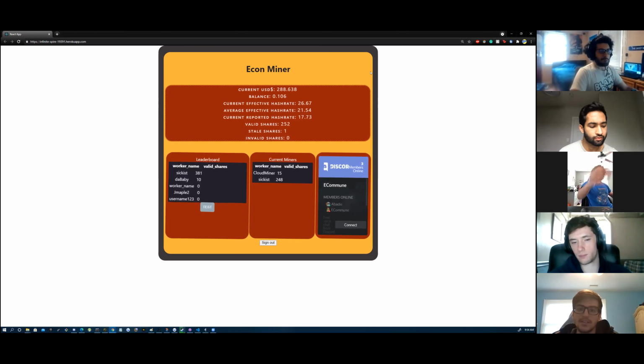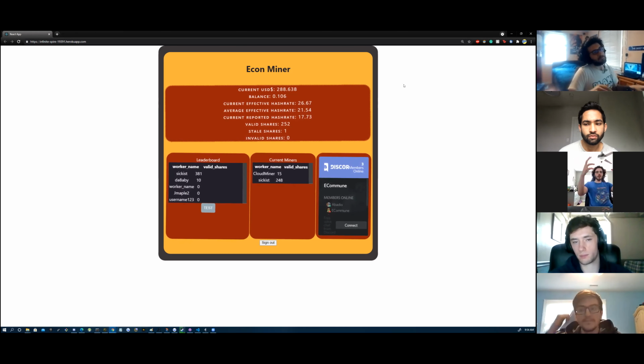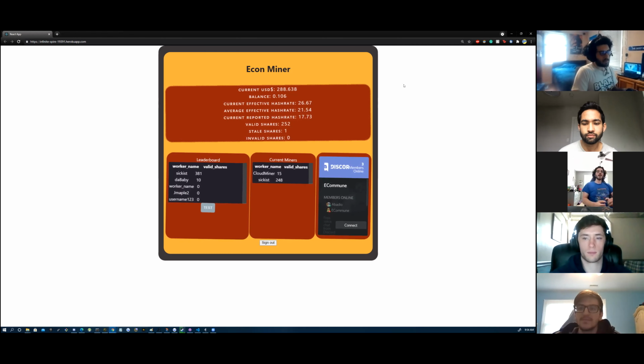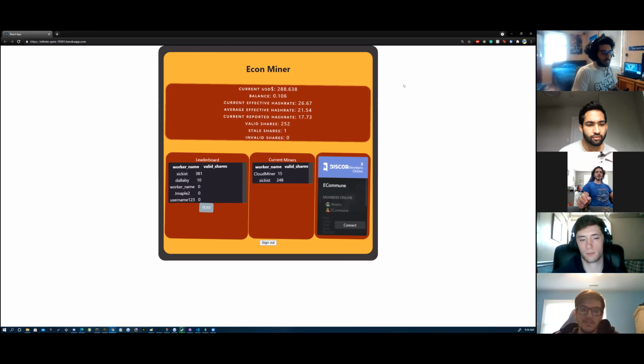So effectively, if you look at the top, we have a current balance, current USD. We're going to add a goals component, so you'll be able to see goals of whichever organization you're a part of. And then you'll be able to see a reward system and a miner tier system. So eventually, if you scroll onto the leaderboard, you'll be able to hover over DaBaby or Sickett and see information about them, their rewards, their contribution to individual goals that are part of this.